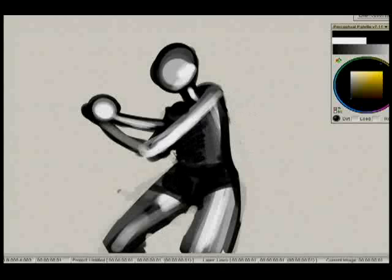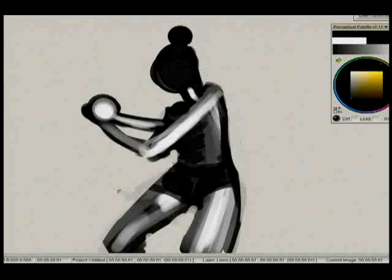So just refining the shape of this person-shaped rock to make it more person-shaped. Sometimes it means having to... you notice how I just paint right over things. This is the nice thing about